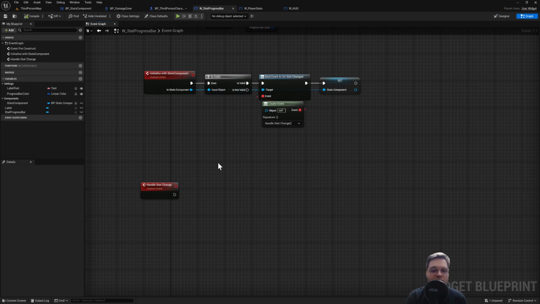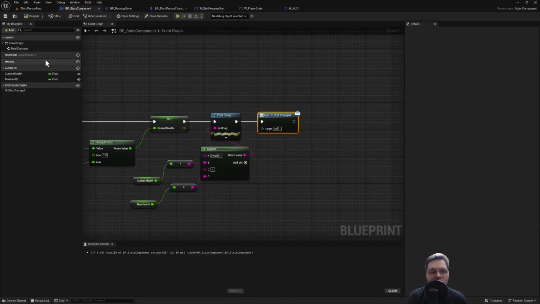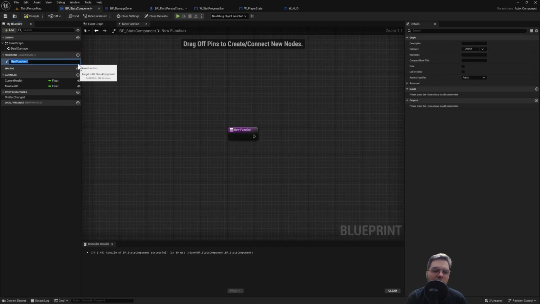When I showed you the incorrect way to use widget binding to update data, we actually did a useful thing there and mapped the values to a progress bar value. Now we have to redo it again, but this time in stats component. So we can actually use it here on our update event. So let's go back to stats component, and this time we'll create a function. You can see functions here, plus sign, and name it get stat